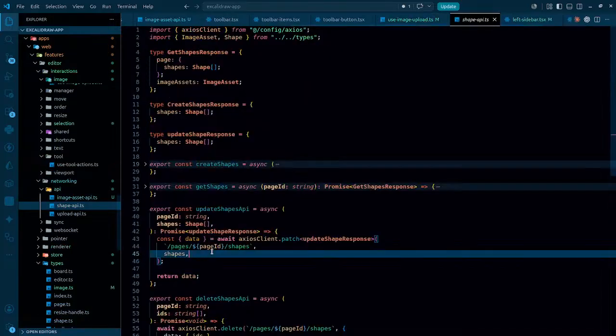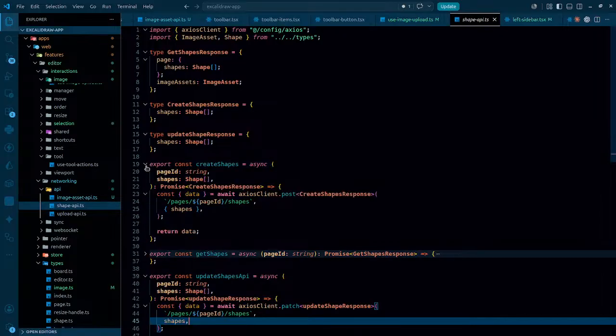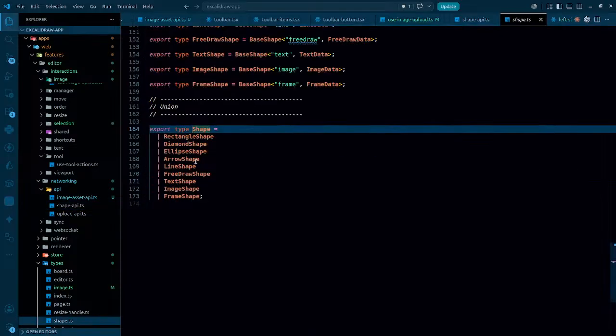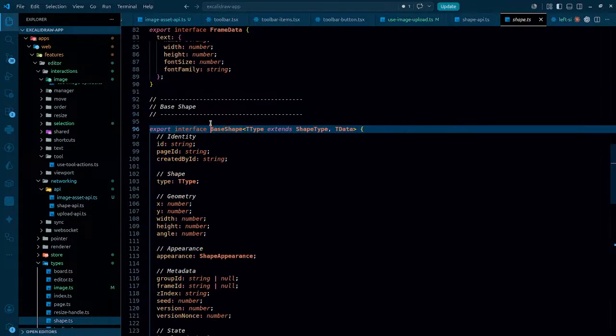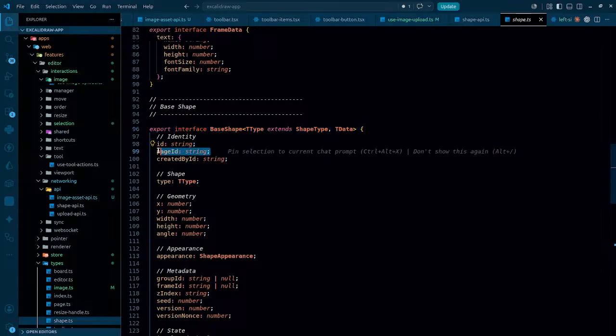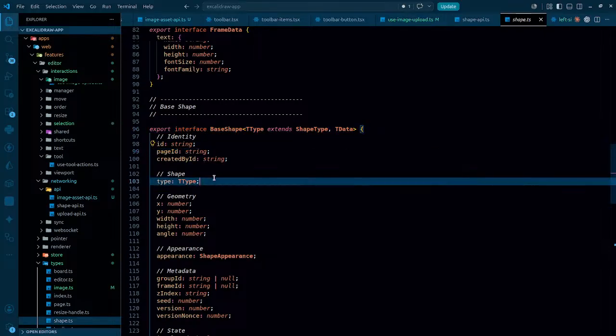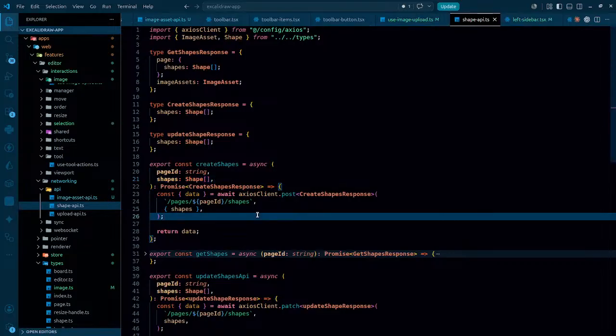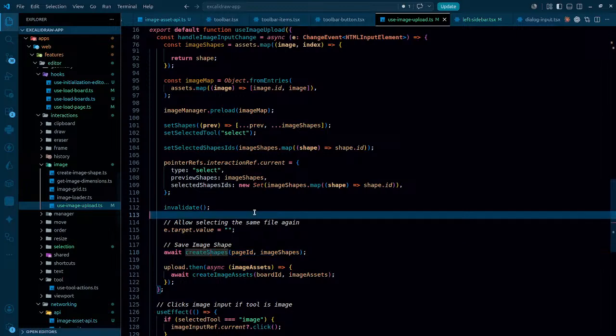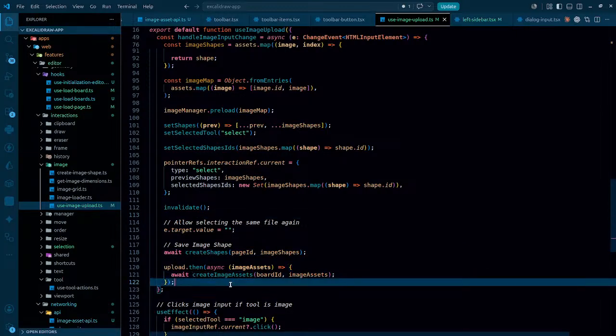Shapes are getting created in here. Even when it comes to the shape, even a base shape has the page ID. That's the one. So we don't really need to worry about it. Yeah, definitely a shape is gonna belong to a page. That is fine. But we are talking about image assets over here. This is the part, create image